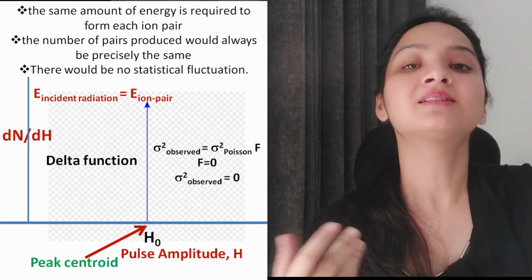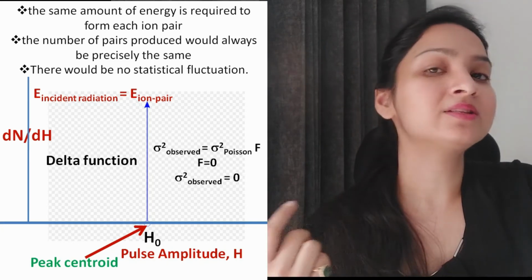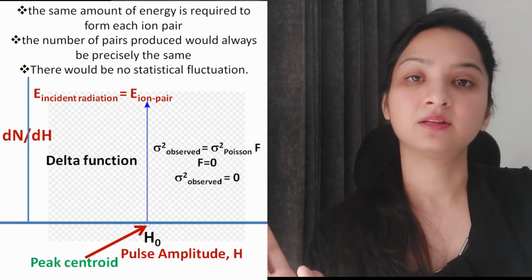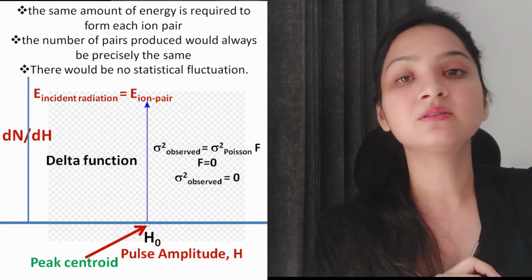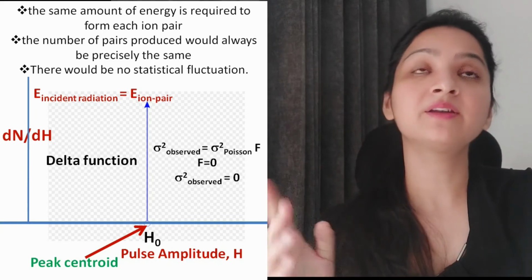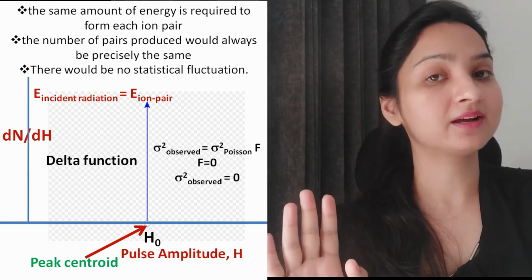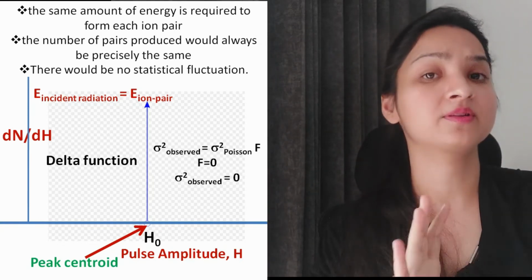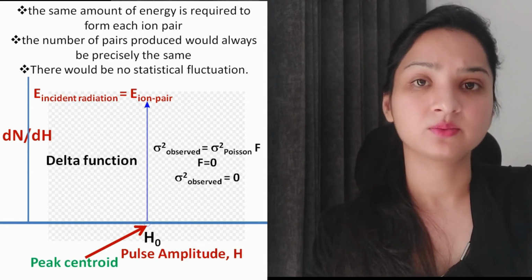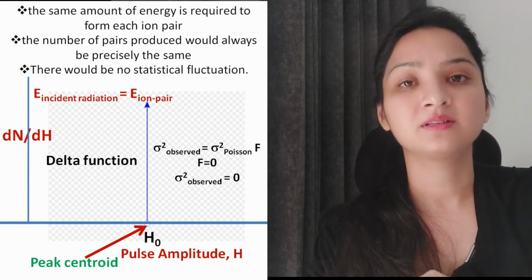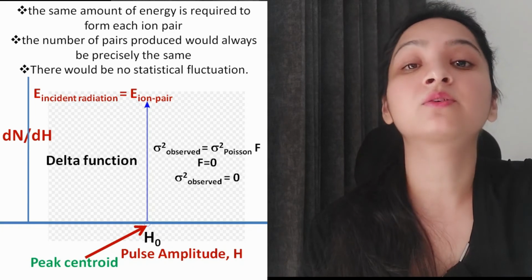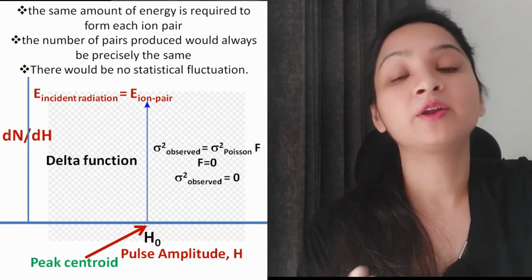फ्लक्चुएशन किस लिए आती है, स्टैंडर्ड डेविएशन जब आप बात करते हैं, तो इसकी कोई स्टैंडर्ड डेविएशन नहीं, तो इस ग्राफ की कोई स्टैंडर्ड डेविएशन नहीं और कोई फ्लक्चुएशन नहीं, ठीक है। तो ऑब्जर्व्ड फ्लक्चुएशन ज़ीरो हो गई, which means that in this case फैनो फैक्टर ही ज़ीरो हो गया। और फैनो फैक्टर आया क्यों था, फैनो फैक्टर इसीलिए आया था क्योंकि जो आपका पॉइजन प्रेडिक्टेड जो प्रोसेस है उसमें जो फ्लक्चुएशन आई थी और जो आपकी एक्चुअल में देखी गई थी फ्लक्चुएशंस, उसमें कुछ डिस्क्रिपेंसी थी। वो जो एक्सपेरिमेंट रिजल्ट आपका थ्योरी से मैच नहीं कर रहा था। अब जब एक्चुअल में हम फ्लक्चुएशंस ऑब्जर्व ही नहीं कर रहे तो हम फैनो फैक्टर के बारे में बात क्यों करें।